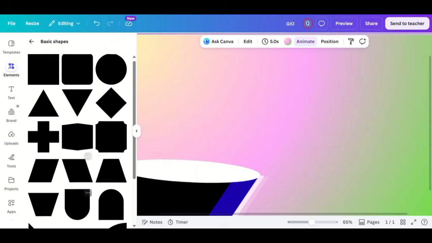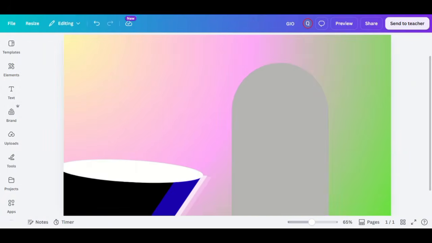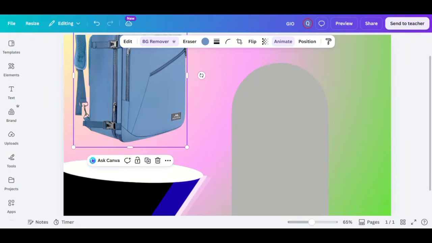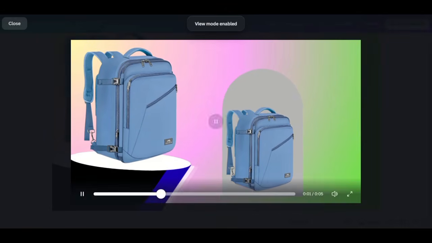Upload your product image and position it so it overlaps the blob shapes without hiding important details. Add a bold product title, a short description, pricing, and a clear call to action using clean, modern